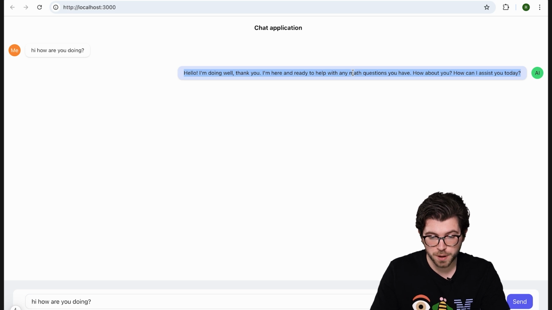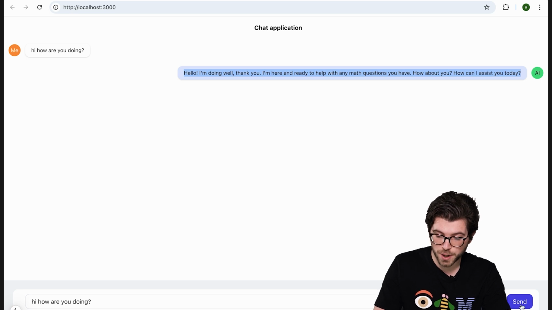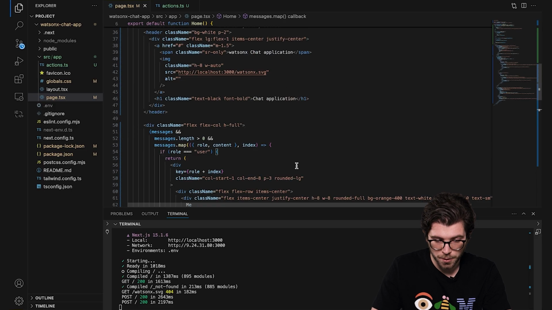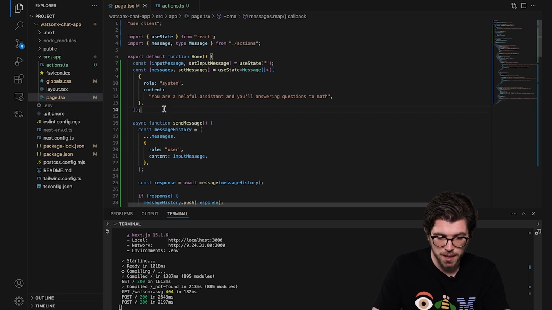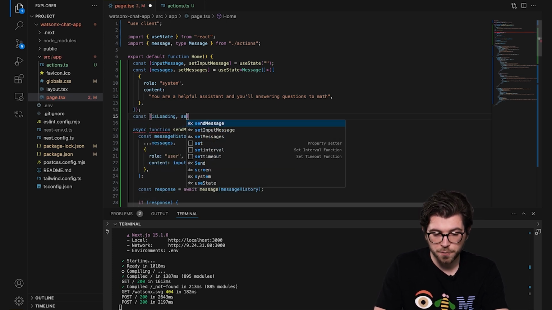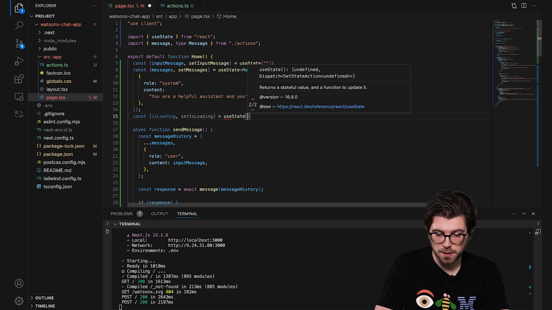In order to work with mathematical questions, we can set up tools later on. But first, I want to do some housekeeping and make sure that whenever we press this send button, we're going to show a small loading indicator so you know something's happening in the background. For this, I'm going to create a loading state. I can call this isLoading, and then I need a function, of course, to update the loading state. So set isLoading, and I can do useState is false.